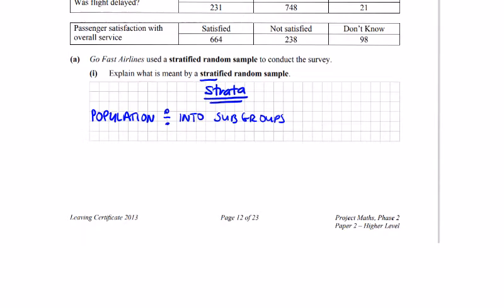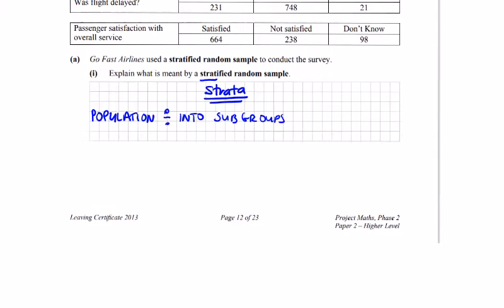Random samples are drawn then from each subgroup according to their proportion of the population, is the exact wording on the marking scheme for this question. It allows researchers to obtain a sample population that best represents the entire population being studied. It also involves dividing the entire population into these homogeneous groups called strata, and it differs from simple random sampling, which involves random sample selection from the whole population. So it's just a little bit of information on stratified random sample.